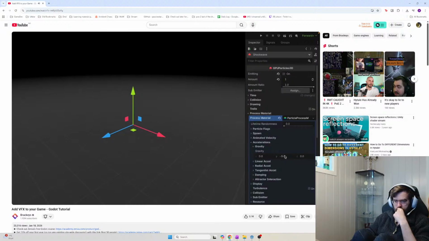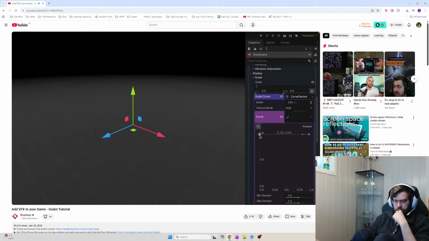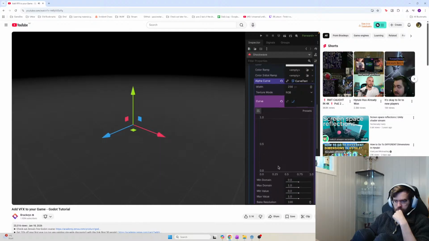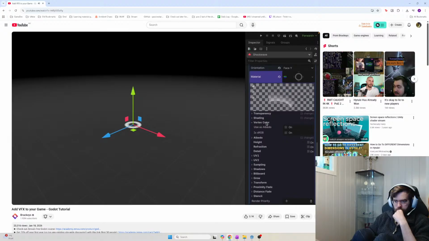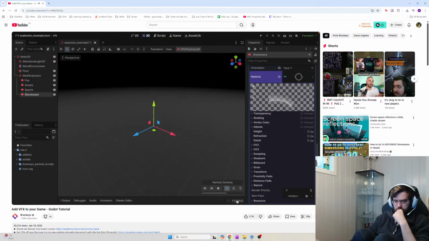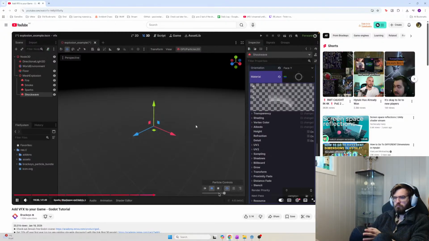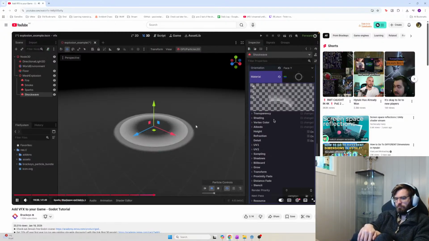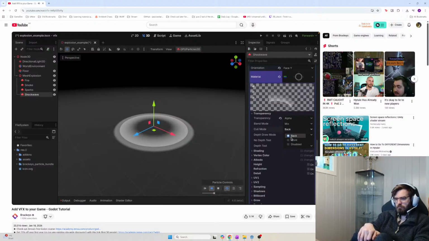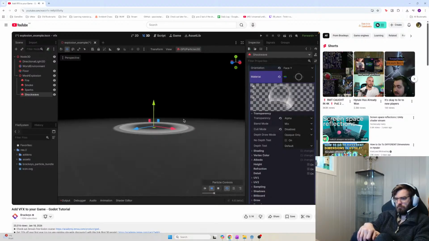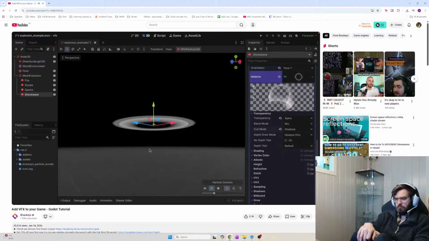I then got rid of the gravity, scaled up the particle, and made it expand using a curve. I also made it fade out with an alpha curve. For this to work, we need to remember to set vertex colors to true. Finally, a neat trick when using 2D elements in a 3D effect is that you can set the cull mode to disabled. This will make sure that you can also see the effect when looking at the back side of the quad, which is normally called the